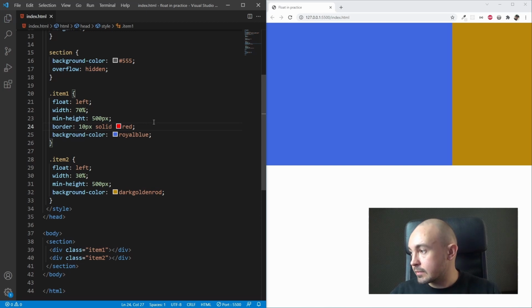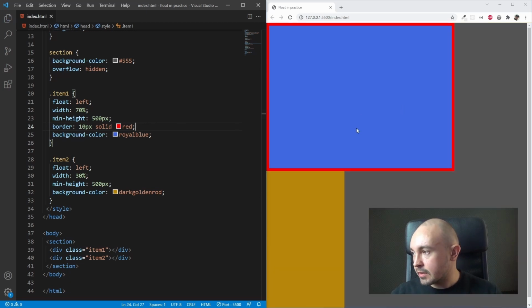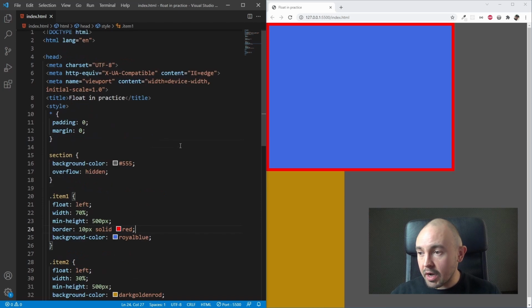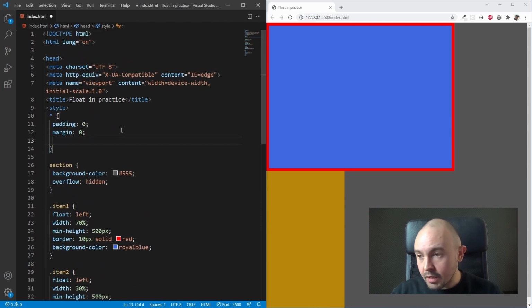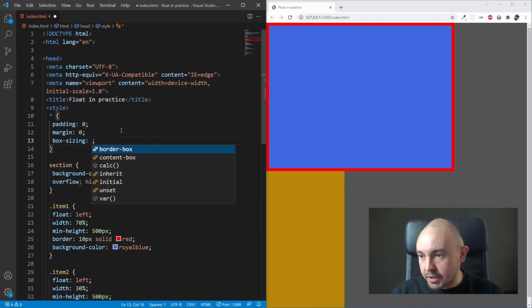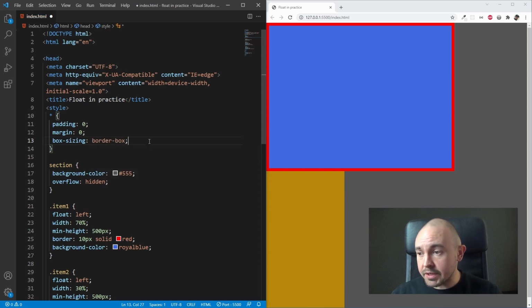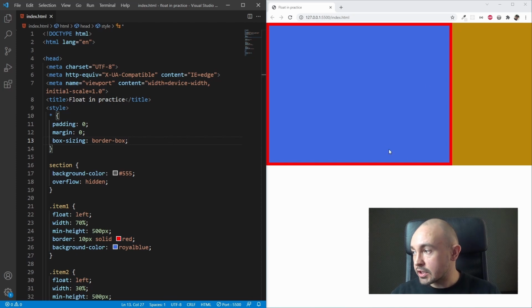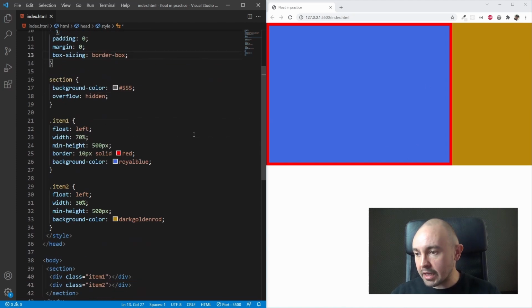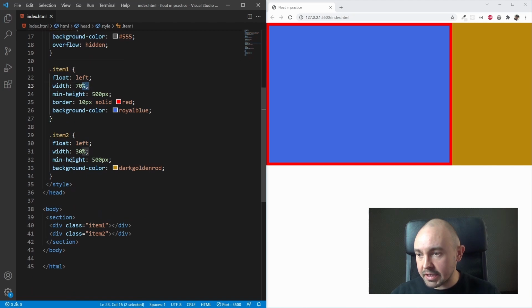Let's see the effect. And we can see that it messes up our whole structure. But that's only because of the box sizing property. So that's why it's good to place the box sizing property with the border box value on every element, placing it in our initial style reset. Because when we do this, nothing will destroy our structure and our elements will always have 70% and 30%, even if we place